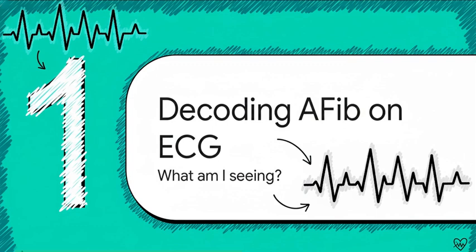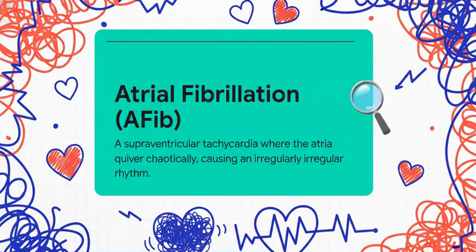All right, first things first, you have got to be able to spot AFib on a rhythm strip. It's a skill you absolutely need, but don't you worry, I'm going to break it down so it's super simple to remember. So what is atrial fibrillation really? Well, instead of the atria giving a nice, strong, organized squeeze, they just quiver. It's completely chaotic. And all that chaos sends a jumble of electrical signals down to the ventricles,